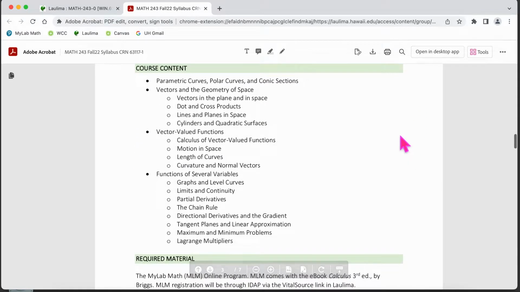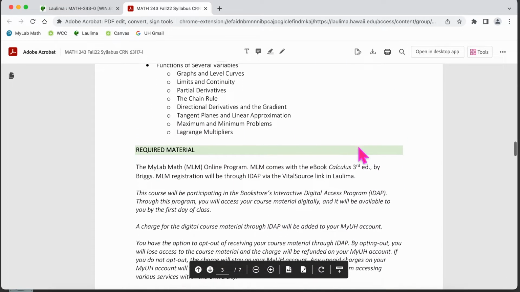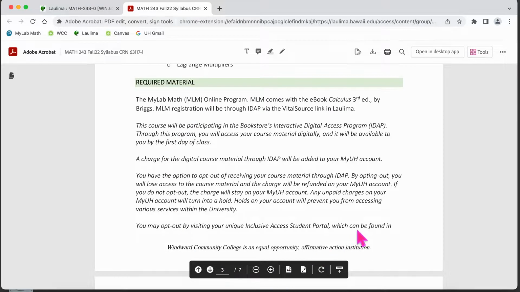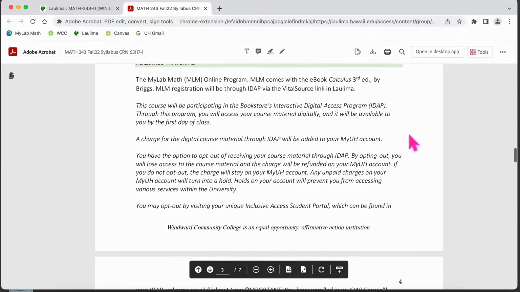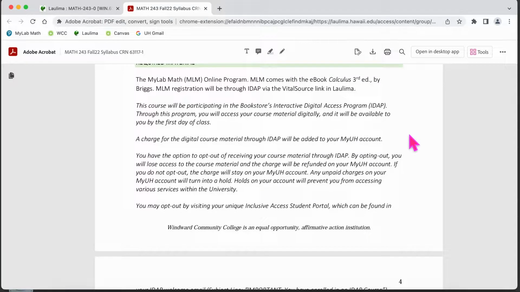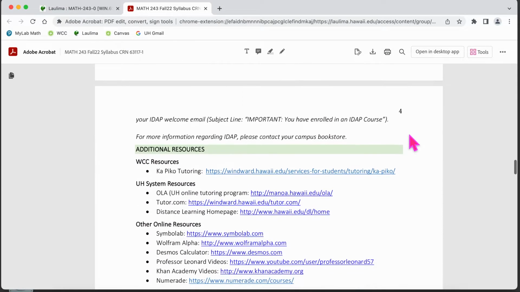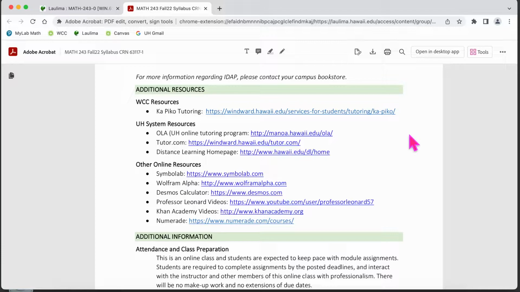We have our course content, what we're going to cover in this class. The required material would be the IDAP program that allows you to have access to MyLab Math. That is charged to your UH account, so you don't have to pay for it right away, which means you can immediately register for IDAP and start doing assignments. Additional resources. These are some resources that students have found helpful.